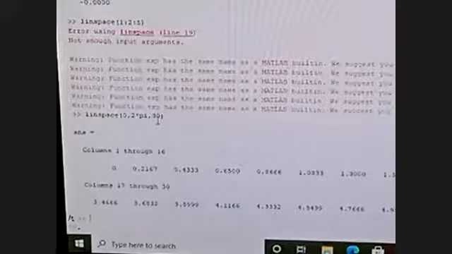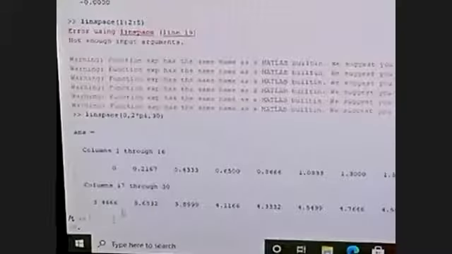See here, in the previous one I typed linspace of 1:2, which is not correct. The syntax is 1, 2, 5. See here, linspace of 0, 2 pi, 30. What is the meaning of this? In between 0 and 2 pi, there are 30 equal divisions. Linspace will create 30 equal divisions.